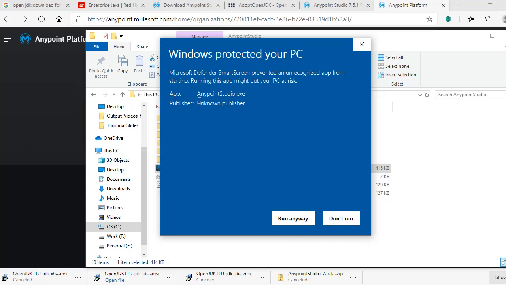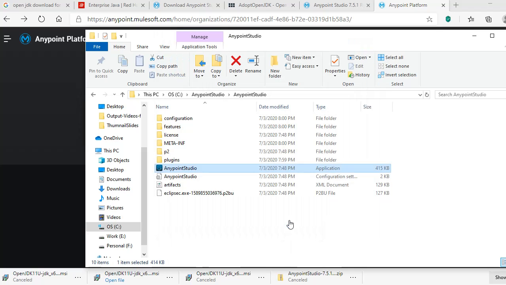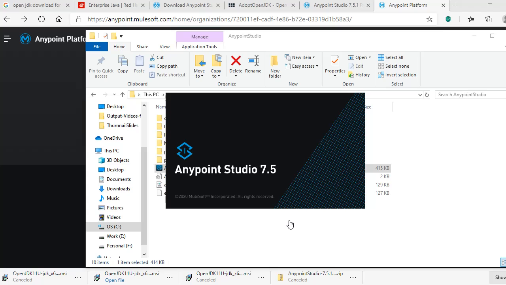If you get a pop up that this is a third party one or something, you can just run it anyway. Click on run anyway. That won't harm your system. So once you double click on it, it will open up this Anypoint Studio. And for the beginners, sometimes they will face some issues, like once you double click on this, the studio is not getting opened.